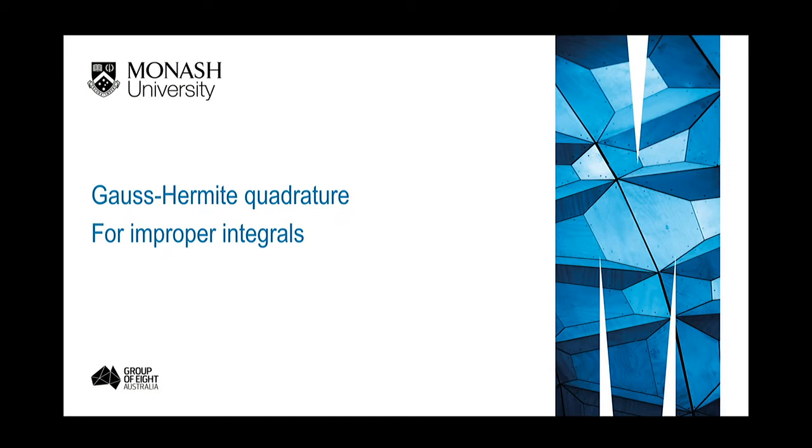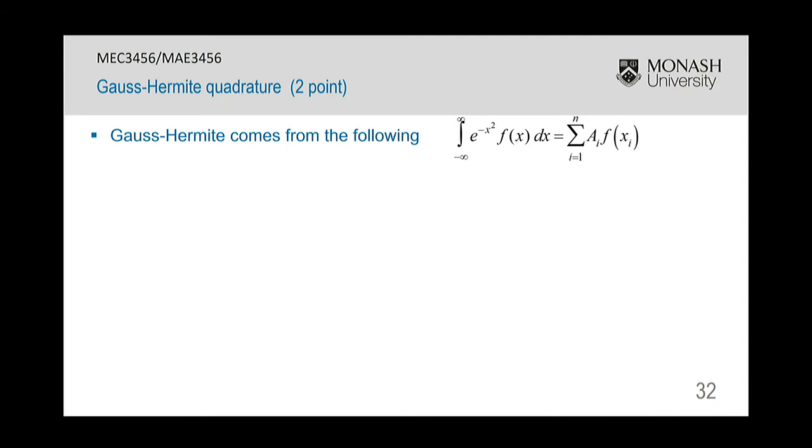The final topic that we're going to have a look at in Gaussian quadrature is the Gauss-Hermite quadrature. Again, this is a method for improper integrals. So the Gauss-Hermite formula comes from the following quadrature rule. It's an integral from minus infinity to infinity. There is a weight function w of x that is equal to e to the minus x squared, and again